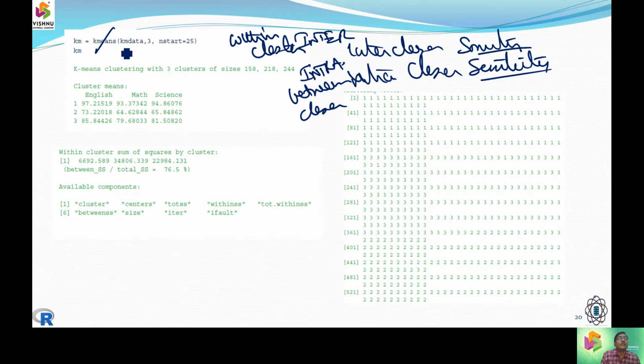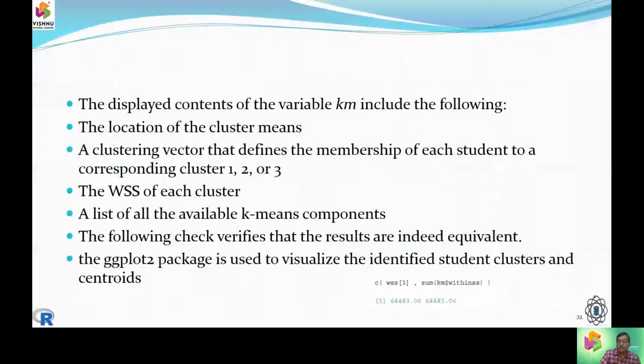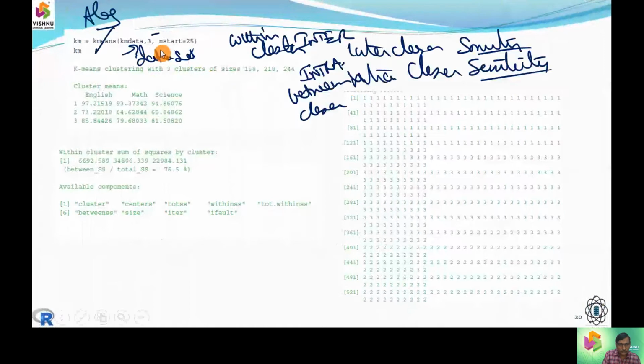So now let us see k-means. We are going to call the algorithm km, the data set, and w3, which we are going to get from the working set model. And the number of iterations we are going to consider, so n we are going to say is the number of iterations. We are going to get this number of iterations at this point of time.